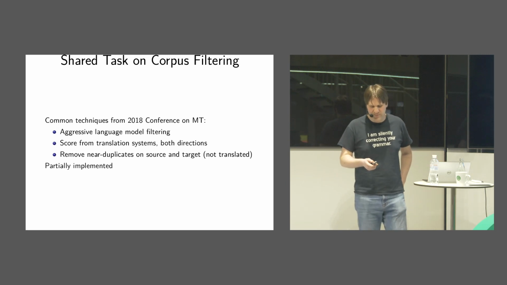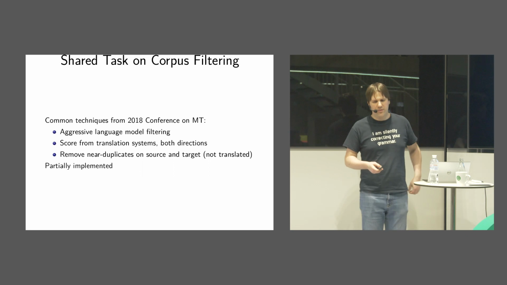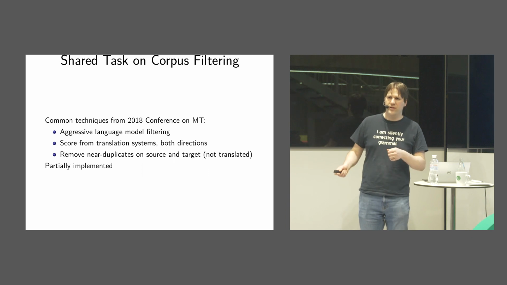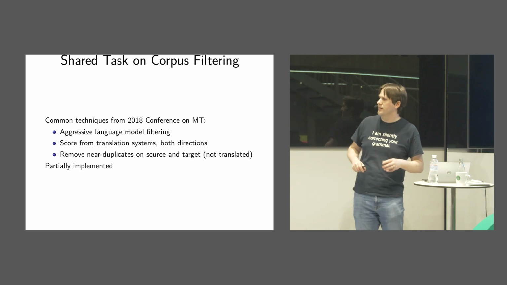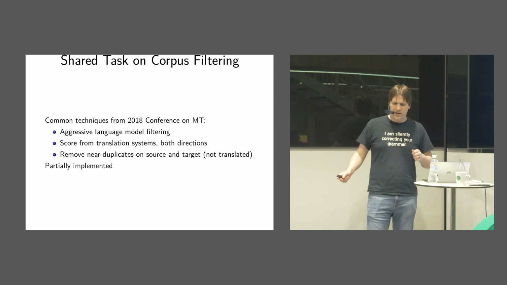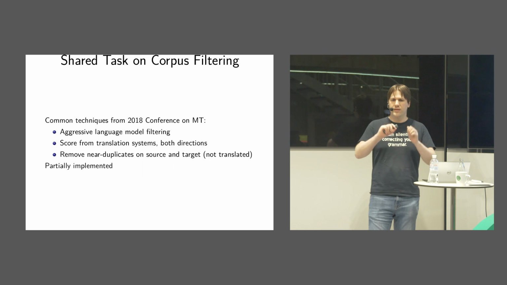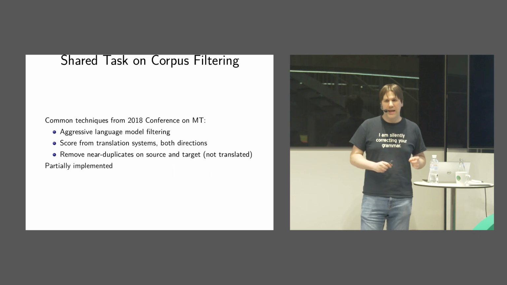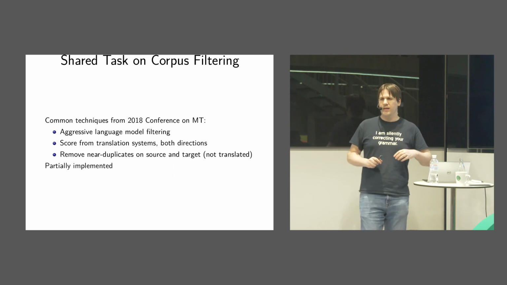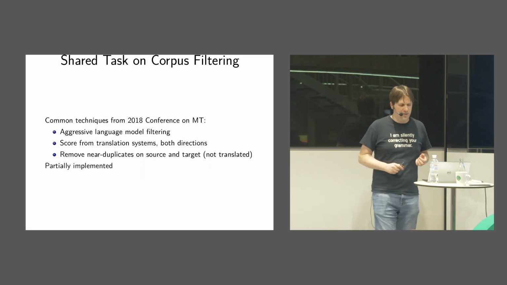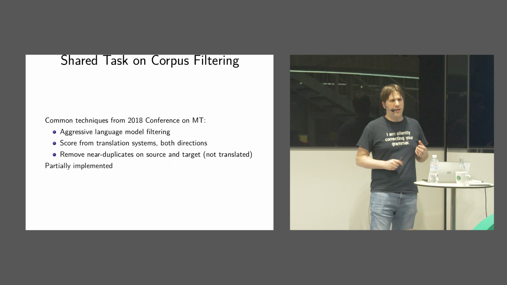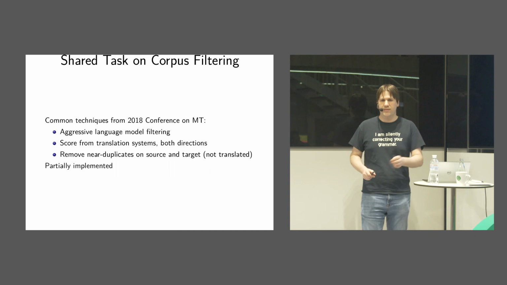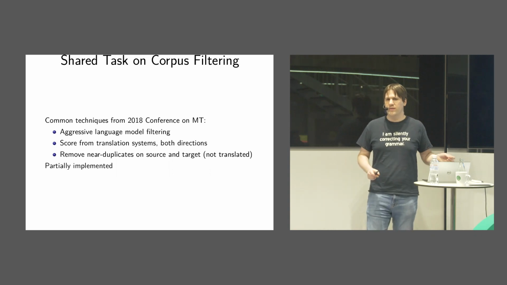Then there was this interesting submission from Microsoft where they took a machine translation system and scored it in both directions. So they took a German-English and an English-German system and scored the candidate sentences in both directions. And if the scores were both good and near each other, then it ranked highly. That near each other criterion is quite interesting because it suggests that maybe a machine translation is characterized by a high score in one direction and a low score in the other direction.